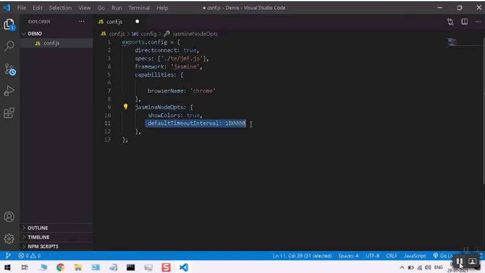Then jasmineNodeOpts, so it will wait for each run until 180000 milliseconds. For that we have given it. Next we will create one spec file, where we will write our test script.